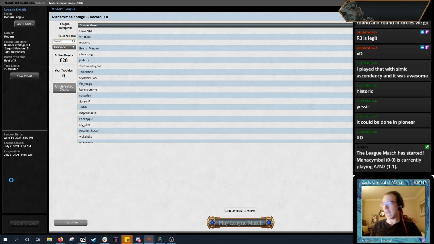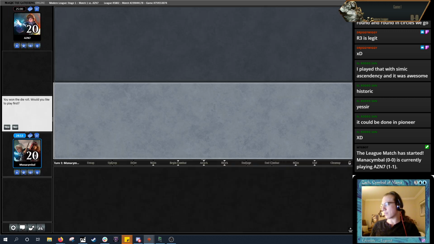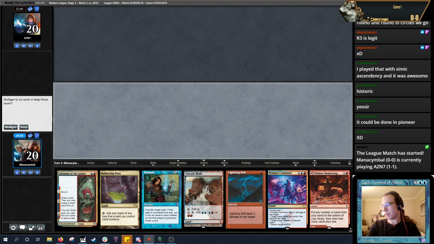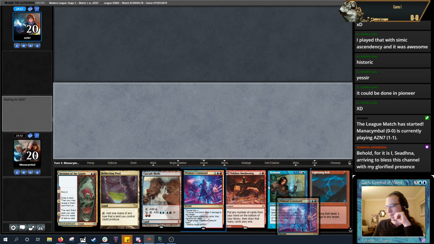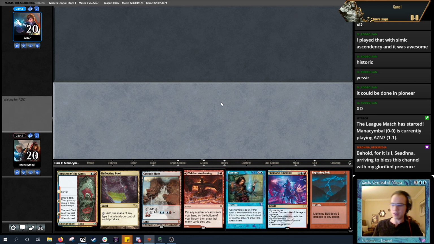All right. AZN7, our first breach victim. On the play. We go turn 1 Valakut Awakening or Valakut Stoneforge into turn 2 Cascade Bluffs, Invasion, and we'll see where we go from there. We got Remand, Lightning Bolt, Prismari Command as interactions, so...